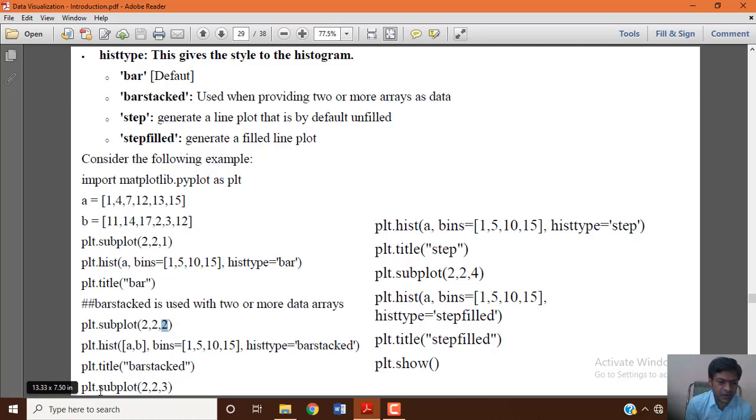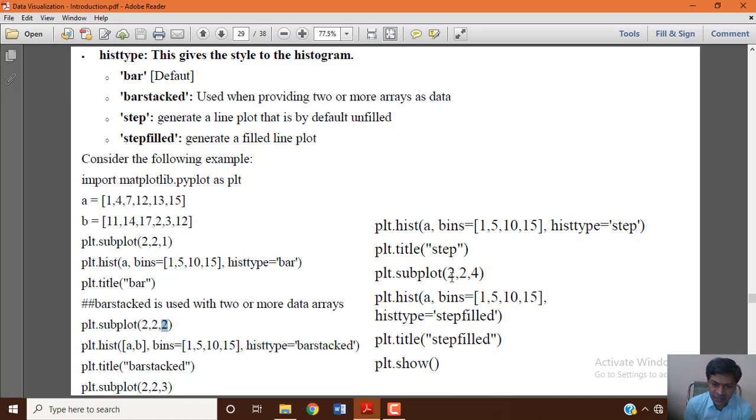Another one is subplot 2 comma 2 comma 3 and hist type step. The bar will be created and will not be filled with any color. The title is step. Now this one goes to the second row, first one, so 3 means second row first one.